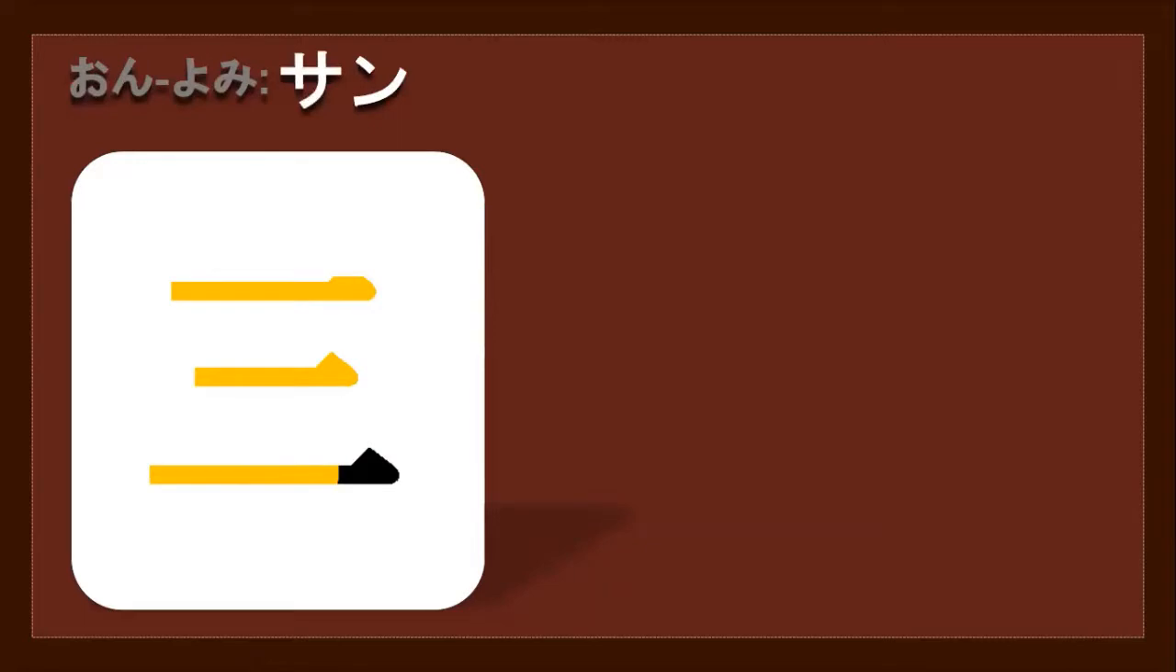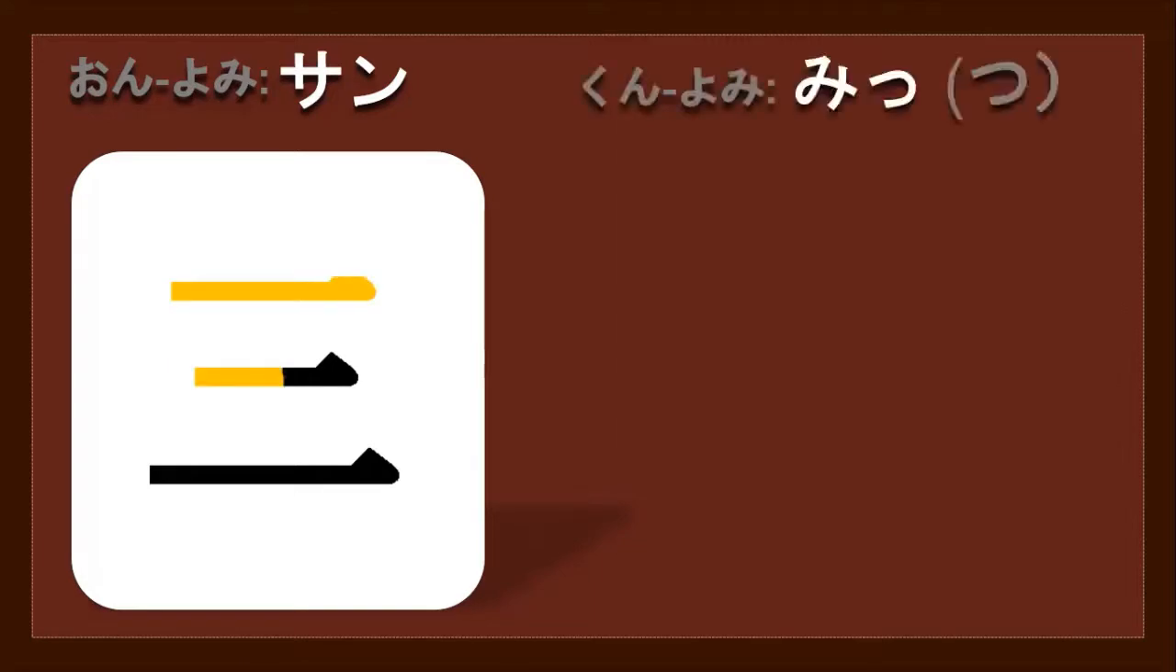1, 2, 3. Again, yeah. So the middle line is smaller, and then the last line is a little bit bigger. Now let us look at onyomi. 三, san. Very good. And the kunyomi is 三つ,